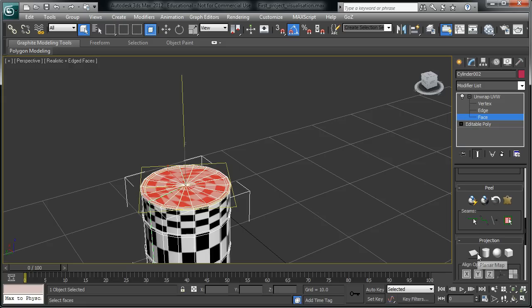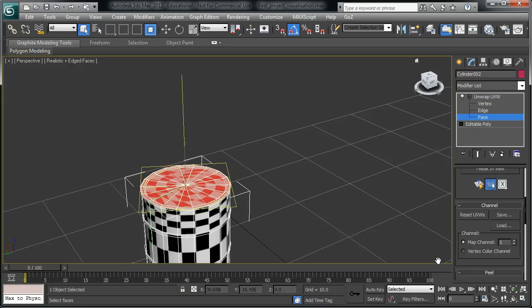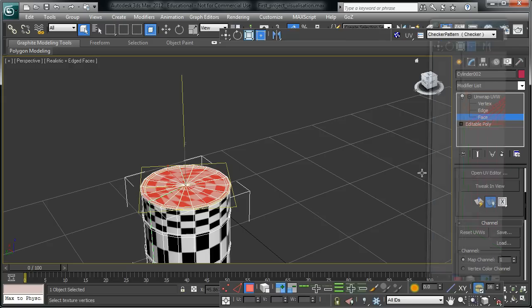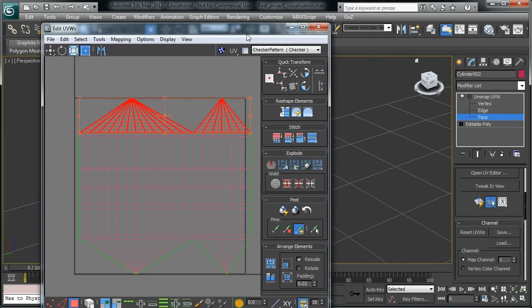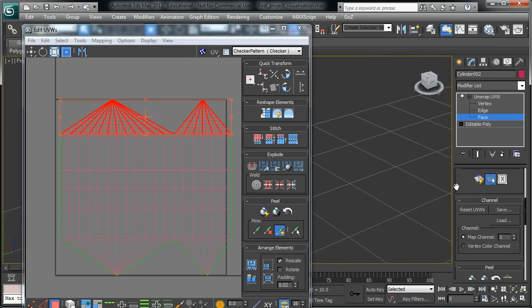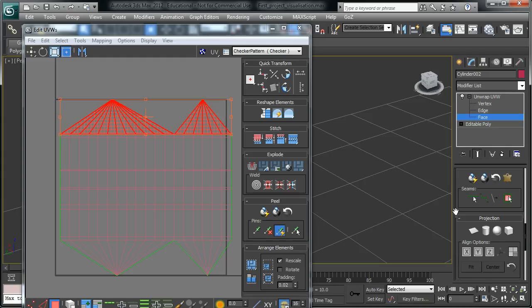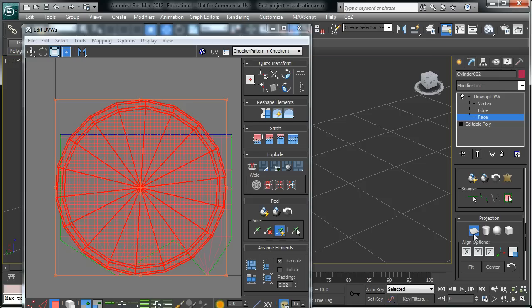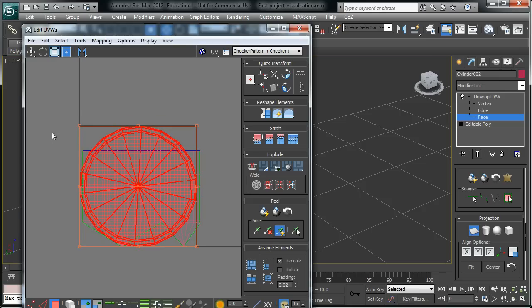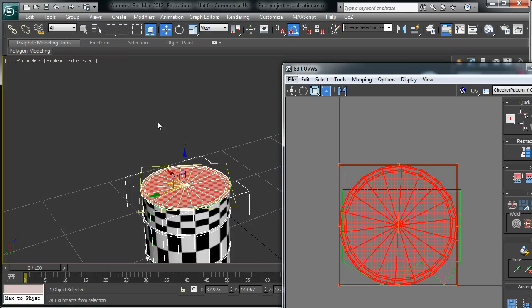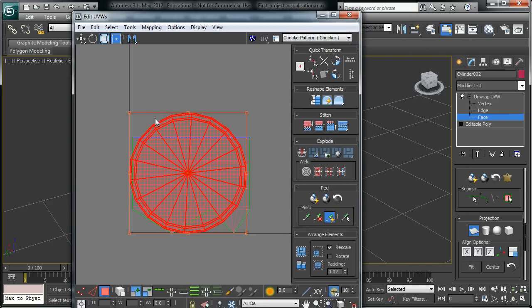I'm going to apply the planar map. Let me open up the Edit UV editor, which looks like this. Now I'm going to apply the planar projection. That is the best match for this one. Have a look. As soon as I apply it, it creates the shape of this selection. Okay, that's the first unwrap